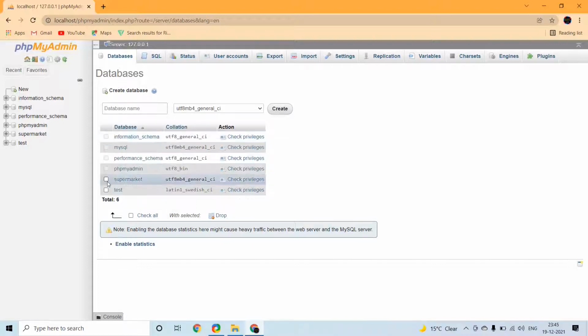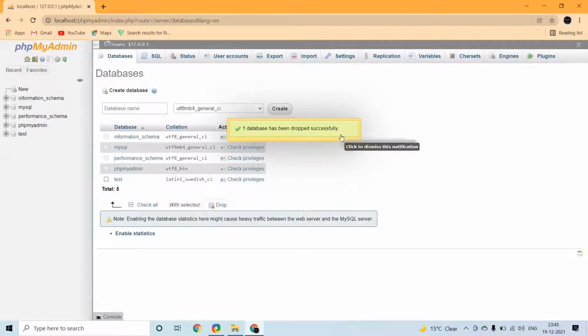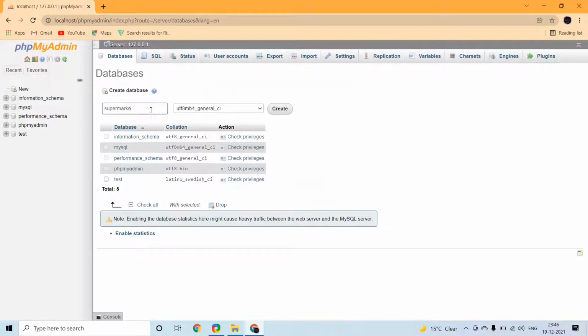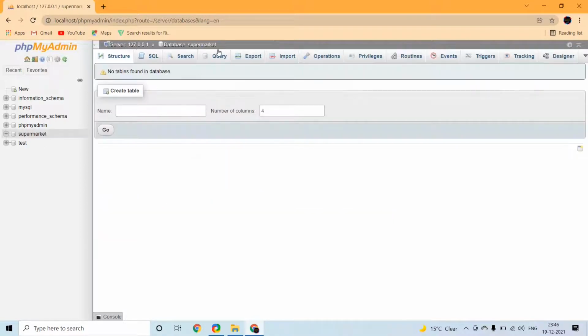Here we type supermarket. The database name and the name of the imported database should be the same. Therefore we type here supermarket. And it's part of the grocery store.